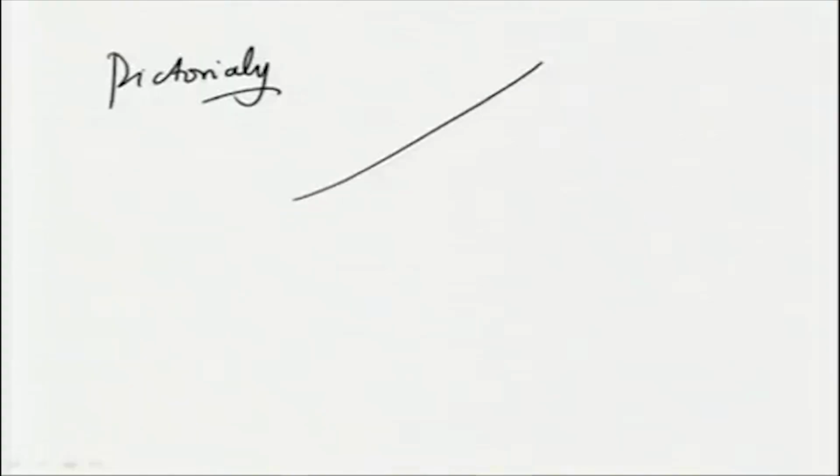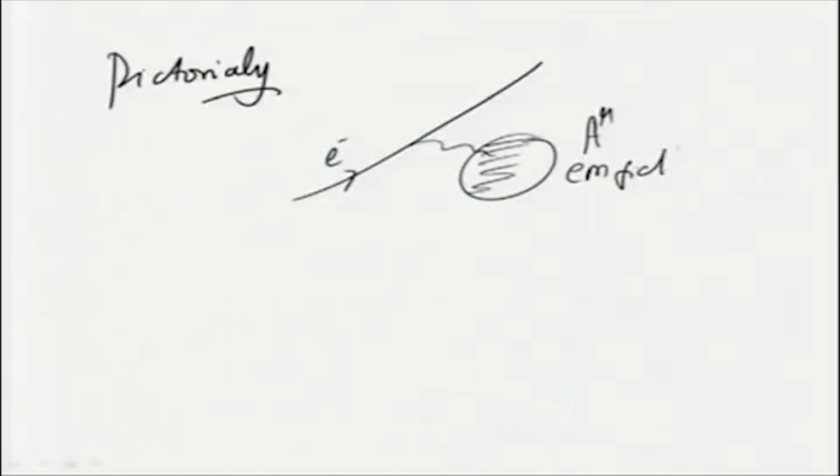Okay. So, pictorially we can consider an electric current, say due to an electron, interacting with the electromagnetic field of something, whatever it is, represented by the electromagnetic potential A mu. So, this is your current j mu and this is A mu. So, the interaction